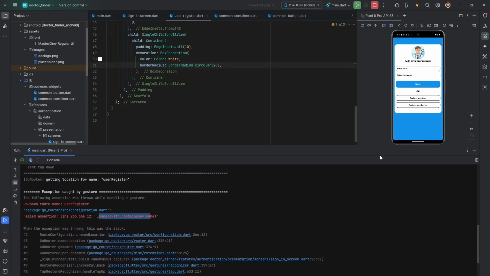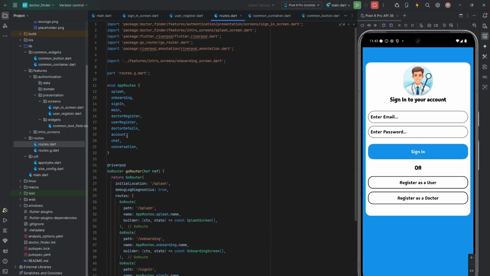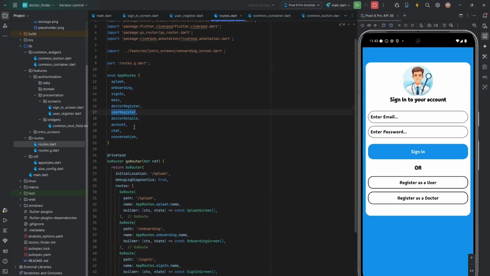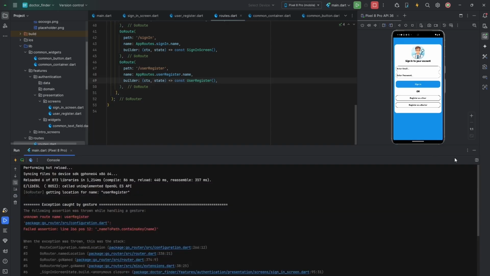So let me go to routes, and I'm going to add the user register. So I'm going to copy this route here and paste it. Change that to user register, and this to user register, and this I'm going to change to user register, like that. So if I save that, and if I click on here again, let me restart the app